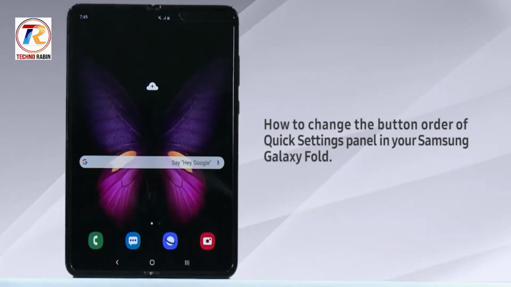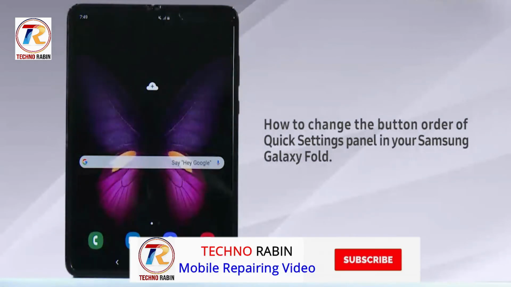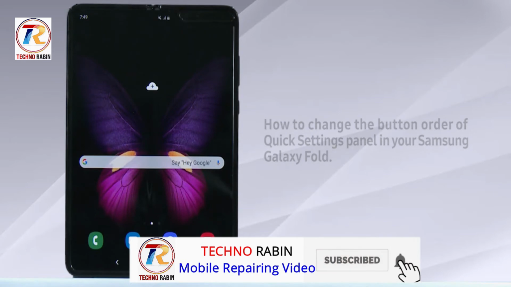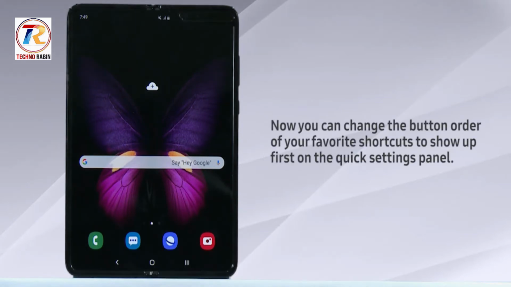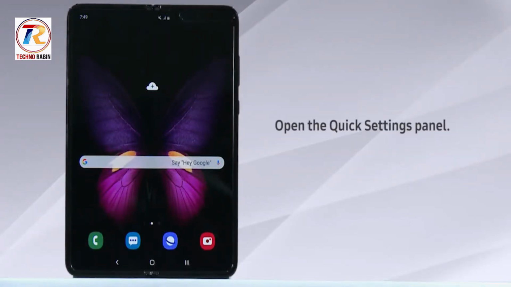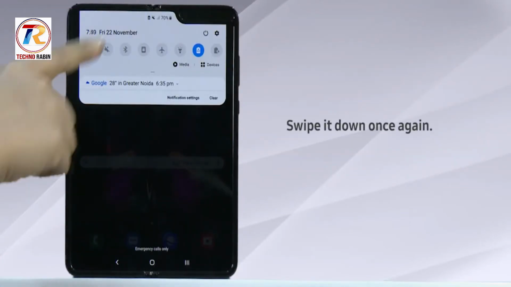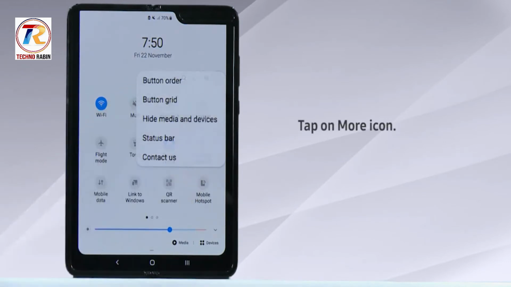Hello everyone, in this video we will learn how to change the button order of quick settings panel in your Samsung Galaxy Fold. Now you can change the button order of your favorite shortcuts to show up first on the quick settings panel. To begin, open the quick settings panel, swipe it down once again, tap on more icon, tap